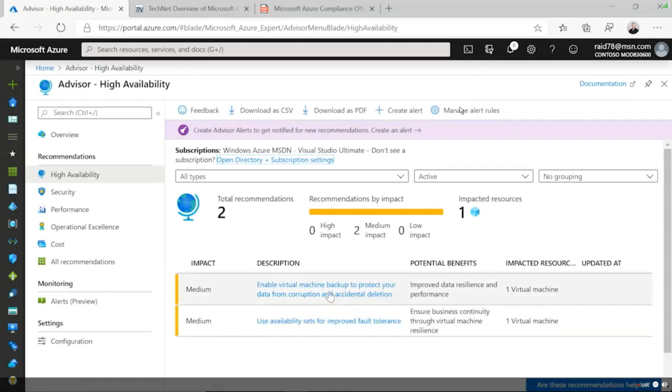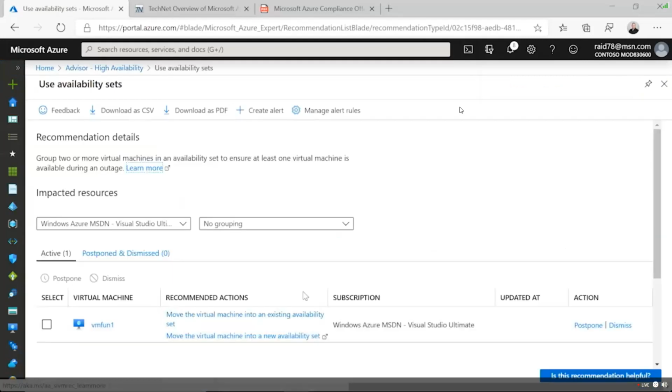And if I click on, let's use availability sets, because we talked about it in this course, it's going to say moving machine to availability set. This is where I got excited the first time I saw this. It's an export and an import operation. It'll lead you through those steps. But if I go back to the Advisor,